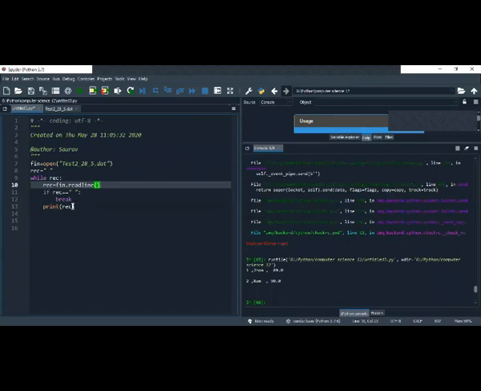Now I want to access each of them one by one.